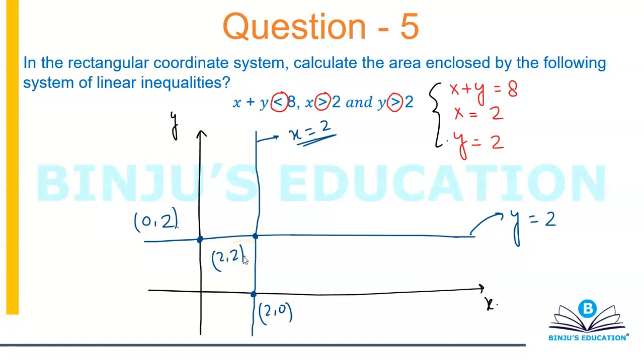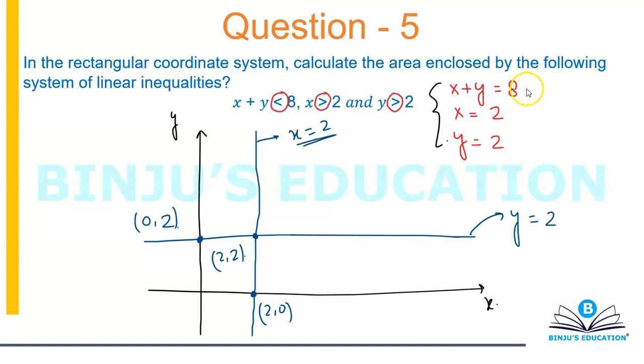Now the third line that I have is x plus y is equal to 8. Remember that whenever you are supposed to draw a line in a 2D plane, you simply take 2 points, because if you want to draw a line you require 2 points. You require direction as well as the intercept, and you will get the direction and the intercept using 2 points only.